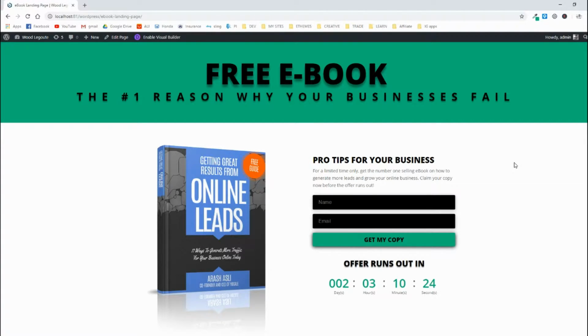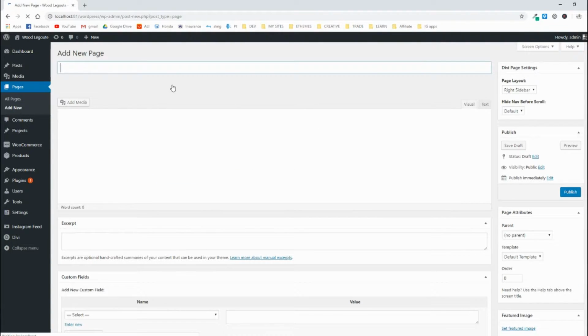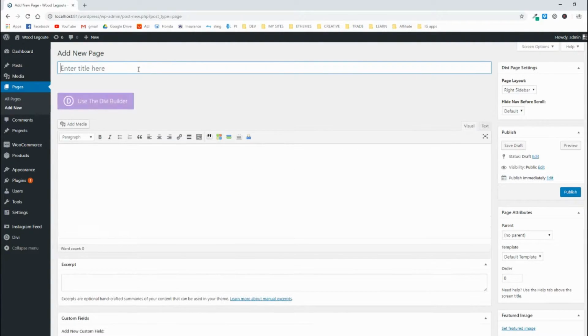So with that being said, let's go ahead and start building. Alright, so to start building, as you can see, we're in our WordPress dashboard here. To create a new page, I'm just going to come here to Pages, hover over Pages, and click on Add New. And for the sake of this tutorial, I'm going to name it Ebook